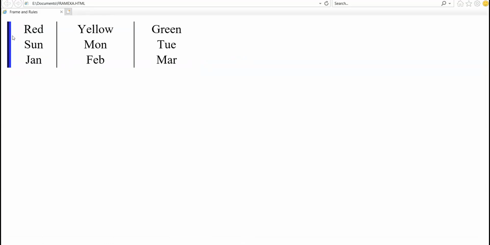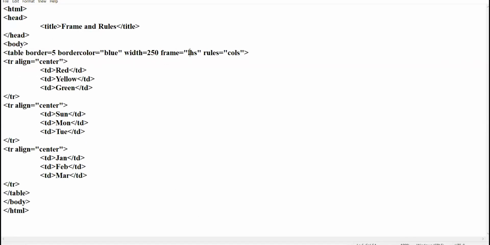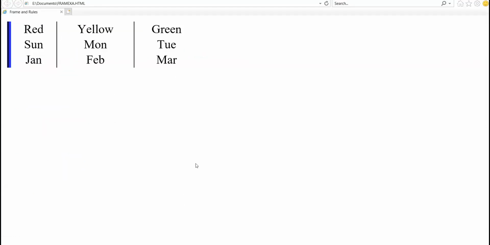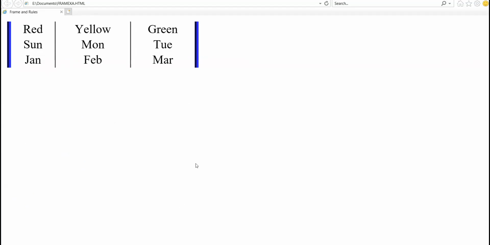See the blue color border only appearing on the left. And next I have given only cols. Cols means the border appears only after each column. Okay. If I change the value to vsides, see, have you noticed?